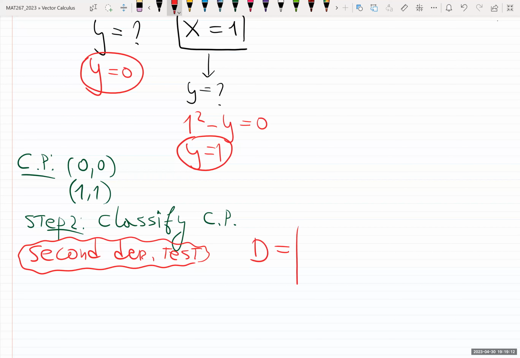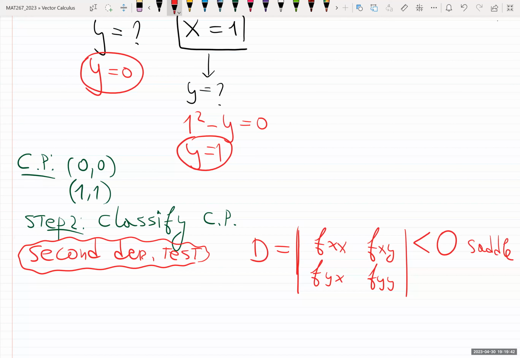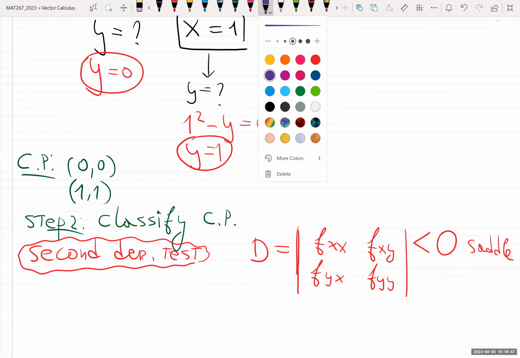Because D consists of the second derivatives xx, xy, yx, yy. That's why we need the second derivatives. And now remember, we're going to check the sign of that. If D is negative, that's good news, right? Then it's a saddle point right away. Saddle point. If it is positive,